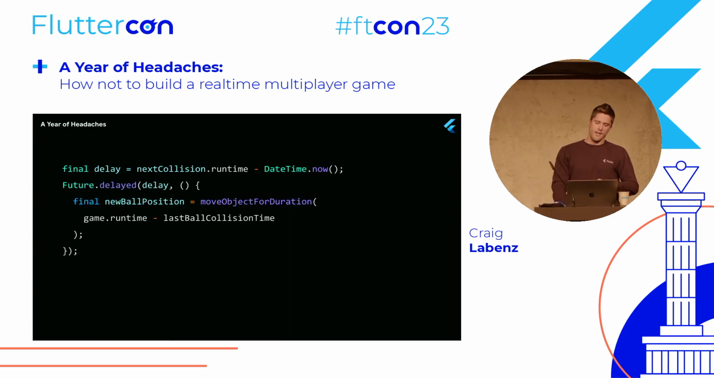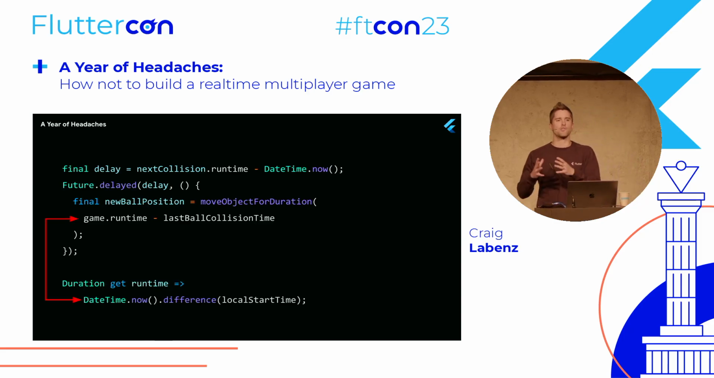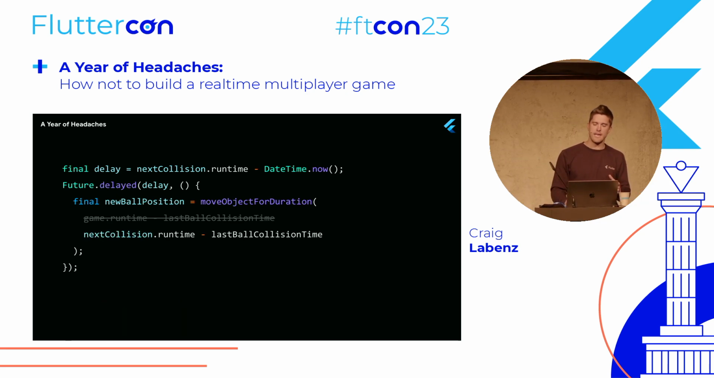So this was the code that was waking up and applying that travel time on some object in the game, here the ball, and I realized that game.runtime was calling datetime.now, and datetime.now is baking in any of the errors that we have in when this future just happened to resolve, when the operating system got around to it. So I realized that instead of asking the clock what time it was when I applied a collision, I should